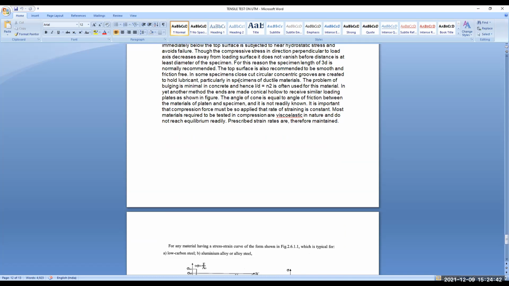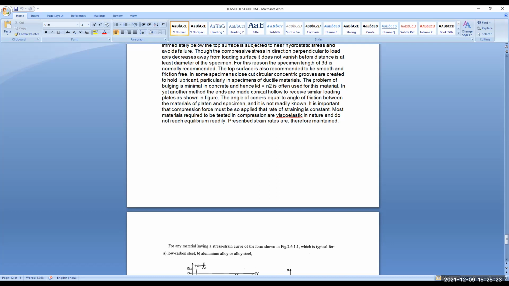In some specimens, shallow cuts, circular concentric grooves, are created to hold lubricant, especially in specimens of ductile material. The problem of bulging is prominent in concrete, and hence an L by D ratio is often used for this material. Yet another method, the ends are made conical hollow to receive similar loading. The angle of the cones is equal to the angle of friction between the metals of platen and specimen,